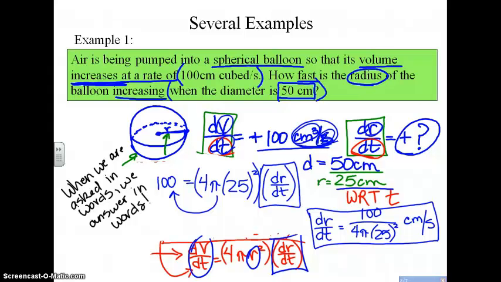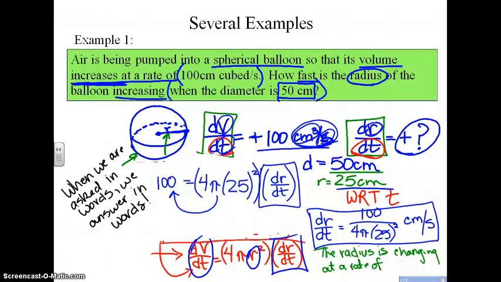And related rates aren't the only word problems we're going to have. When they ask us in words, we answer in words. So the answer to this problem is the radius is changing at a rate of,